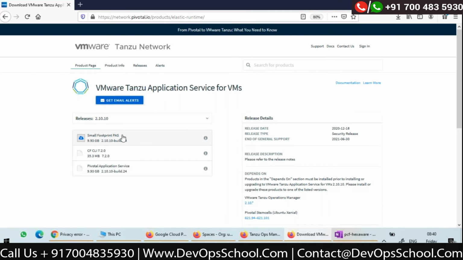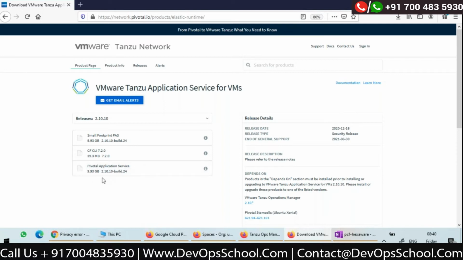Actually, there is a difference between small footprint PAS and PAS. If I'm using PAS, for each and every component, there will be a separate VM. Approximately 40 VMs will be created if I install this Pivotal Application Service.